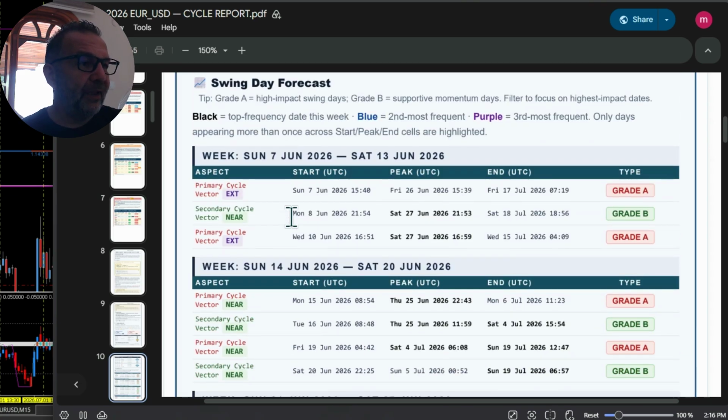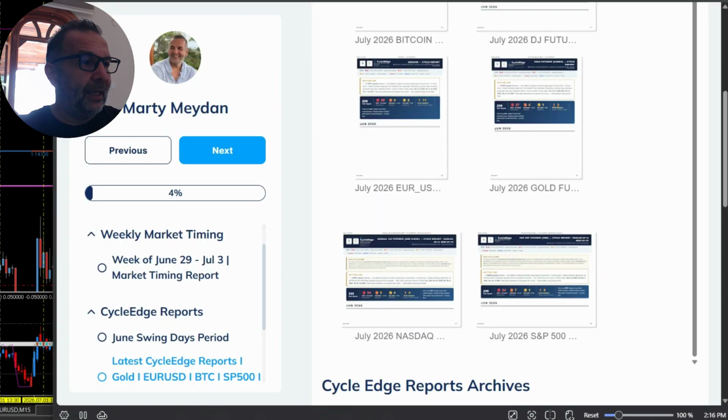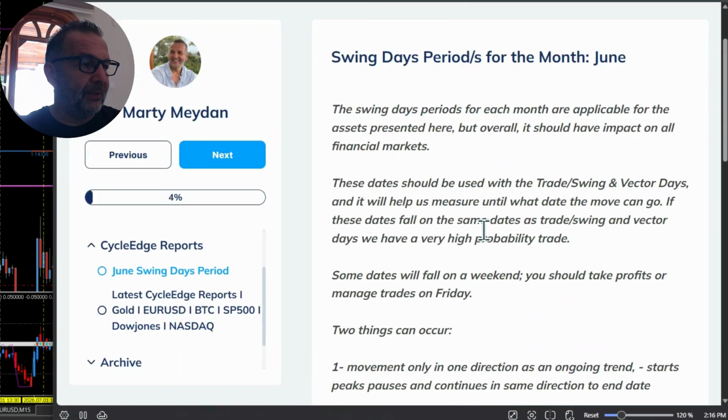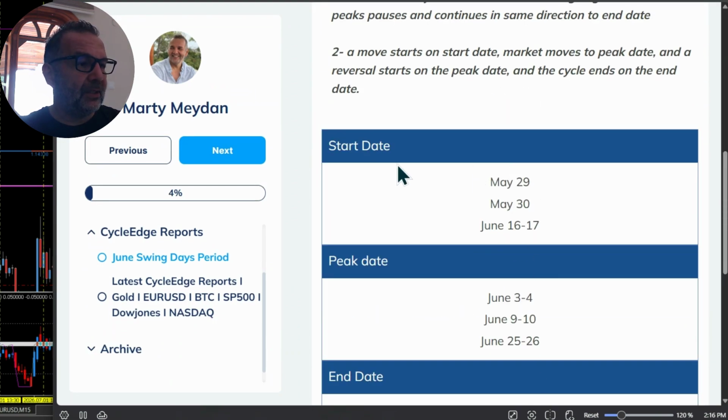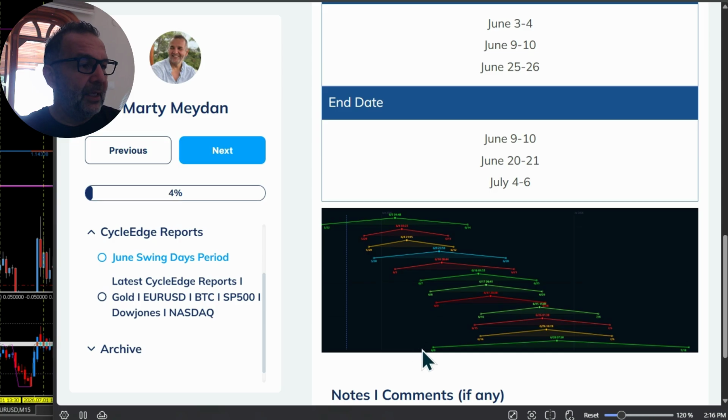Also with the swing day forecast, why is this here? As you can see, I've got grade A, grade B. Just focus on the grade A's. This is the same thing that is here in the June swing day periods, right? You see, I've got these concepts here: start date, peak date, end date, and you can see there's a cycle here, right? So it's the same kind of thing